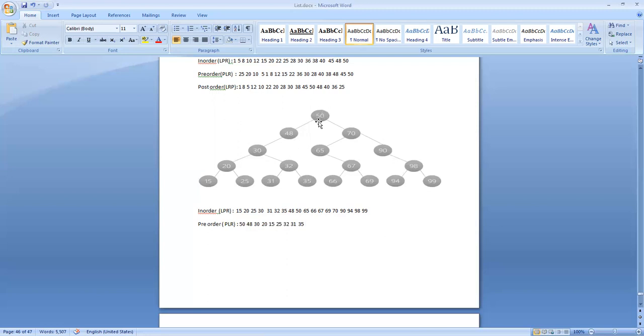Now we can write the right child of 50, that is 70. 70 is a parent, then the left child, 65. 65 is a parent, it doesn't have a left child, so after 65, that is the right child, 67. Then the left and right child, 66, 69.